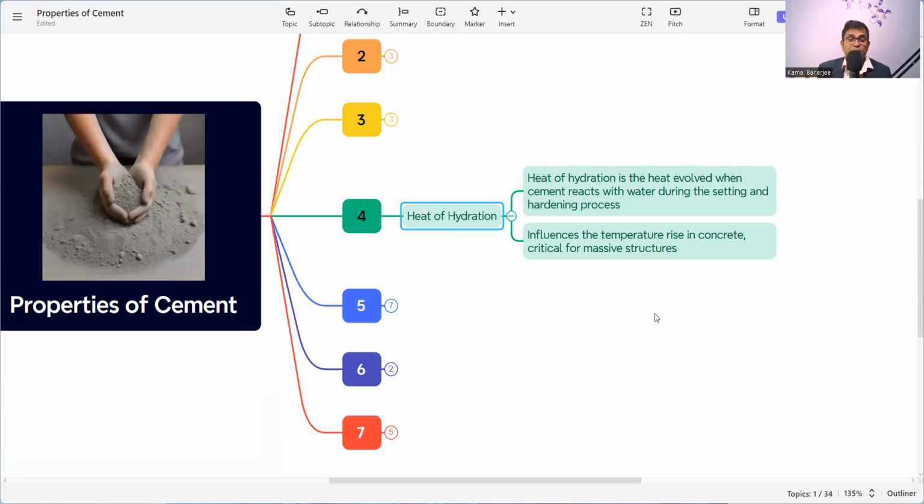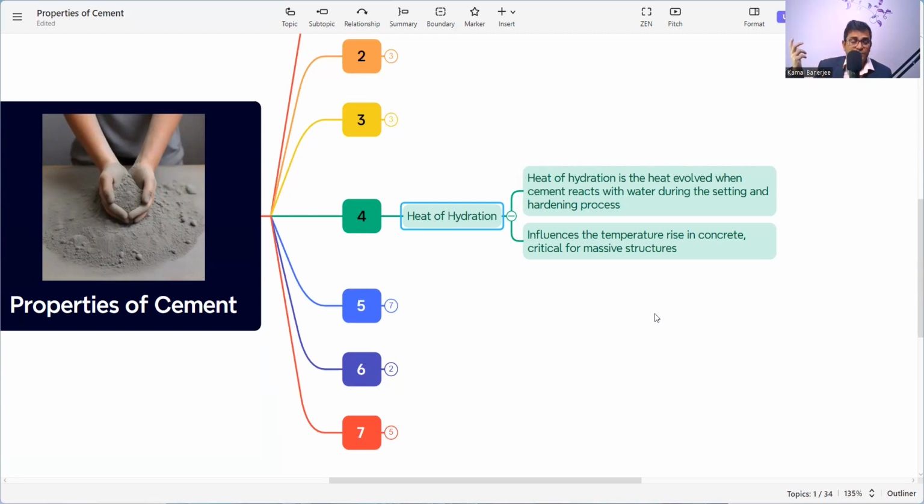It is mentioned as per IS. In the next video I'll discuss how it influences the temperature rise in concrete, critical for massive structures. Now if the heat of hydration is more, the temperature of the concrete core itself will be more,